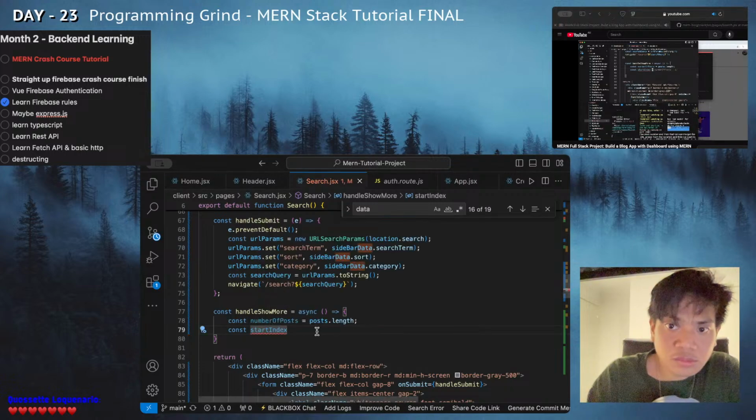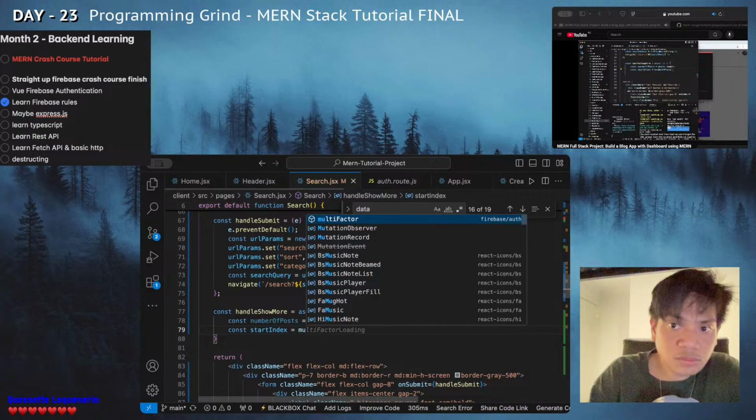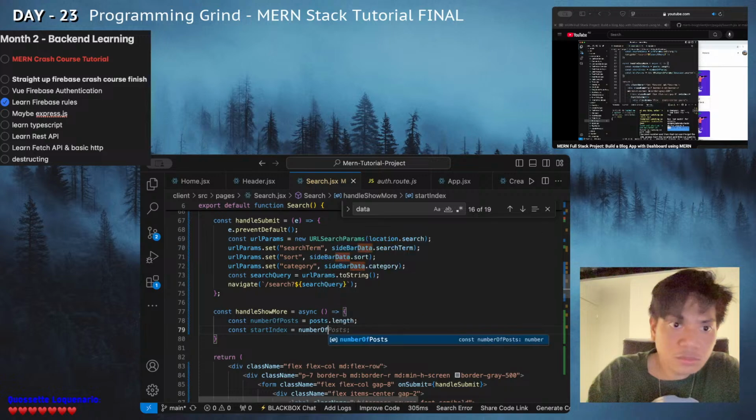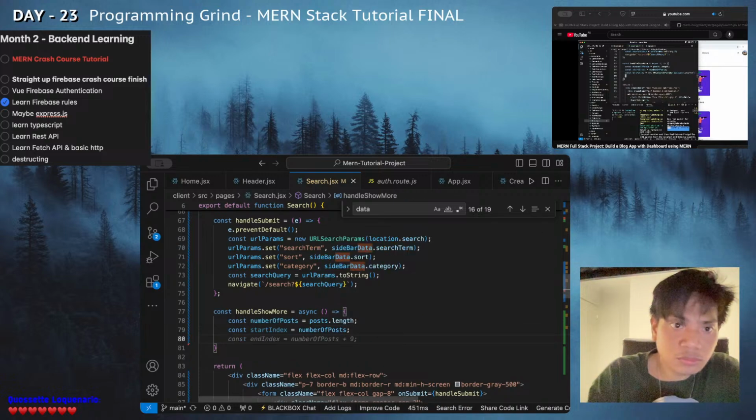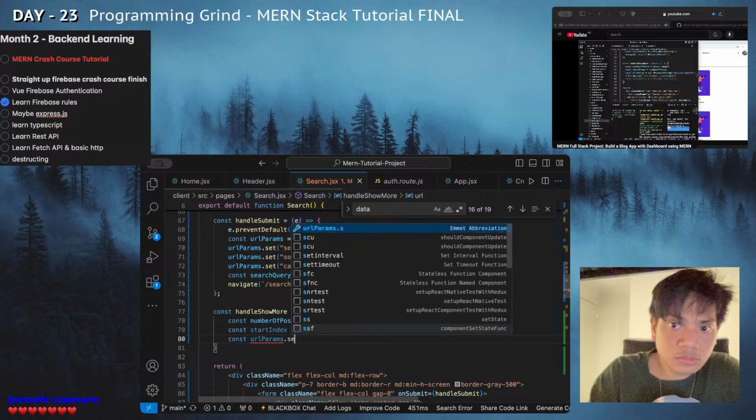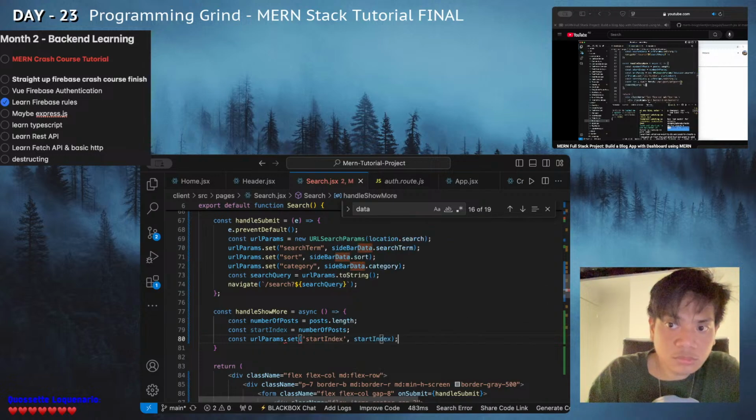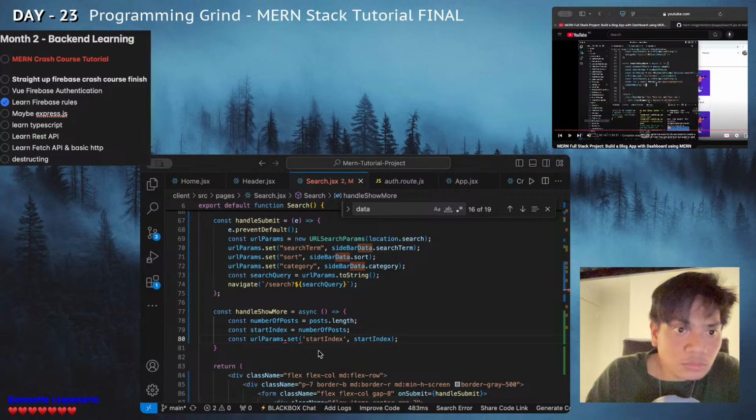To be post number, and then we want to get the URL parameters from the location, and then we want to add that start index to it, and then we want to get the search query, convert the URL parameters, and then we want to create a request from the get post, but we want to add that